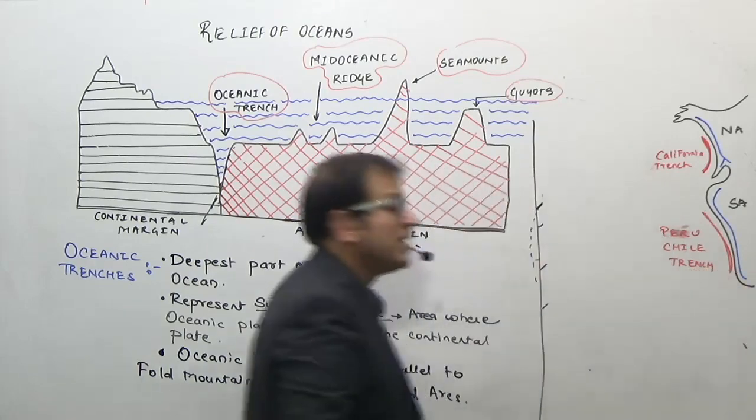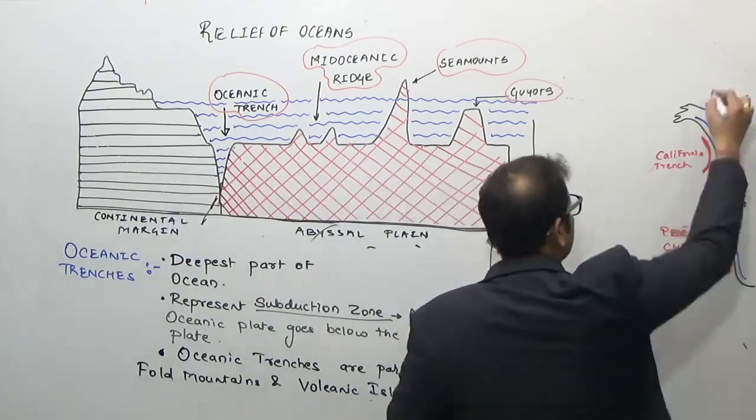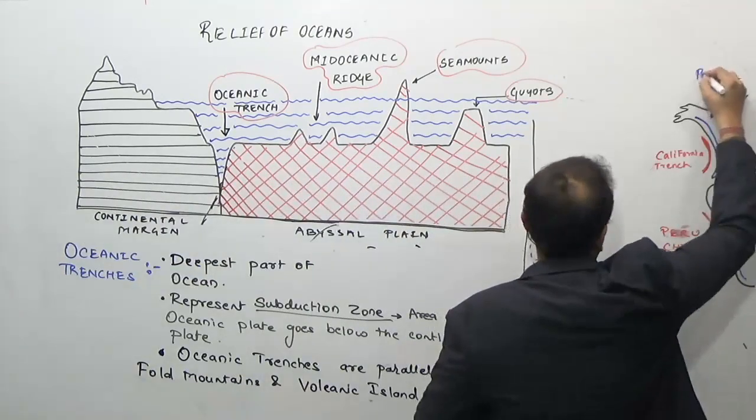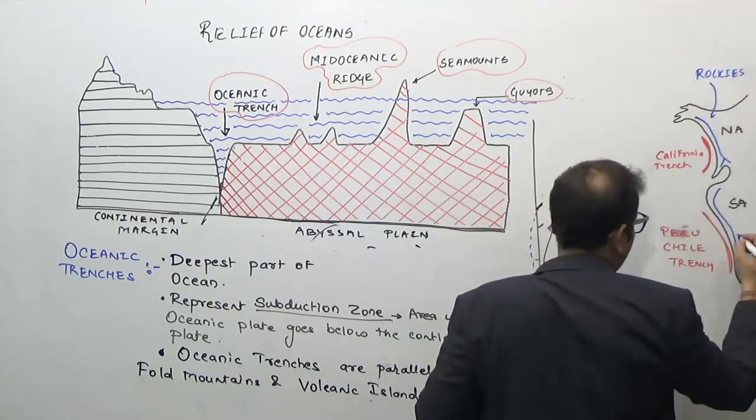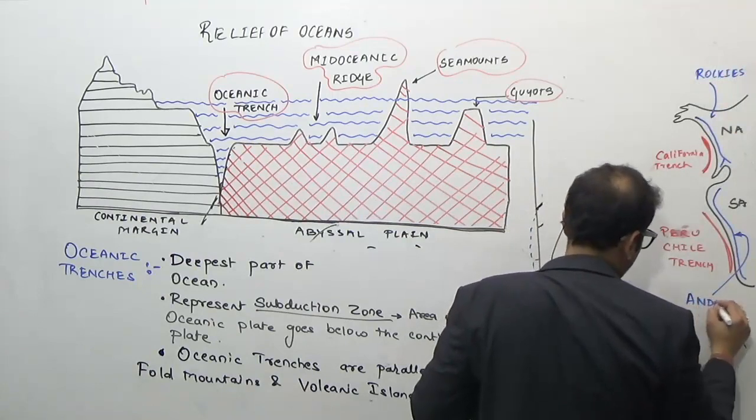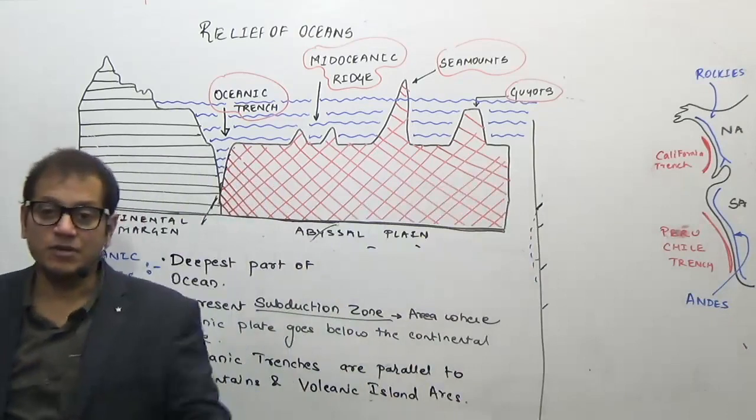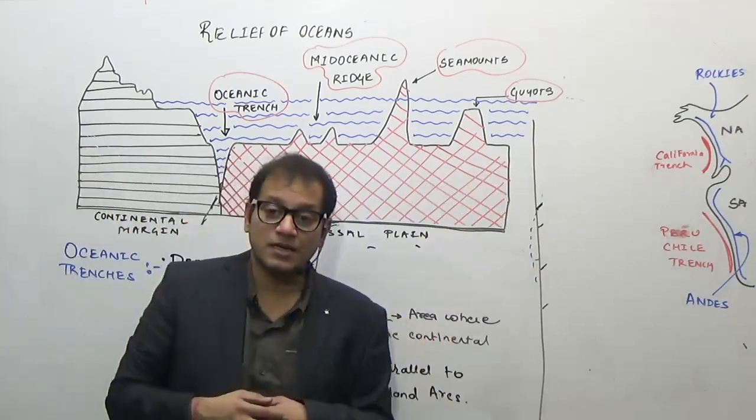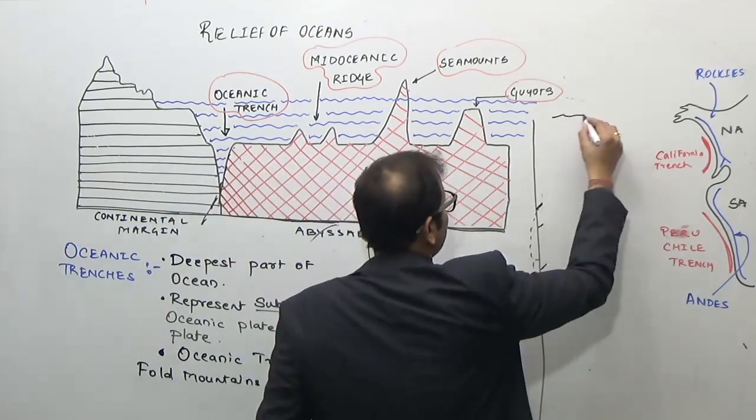So that is why the blue color shows that there is a Rockies mountain system and there is an Andes mountain system. So therefore the mountain systems are parallel. Similarly, if we look at the other part of the world, that is Asia,